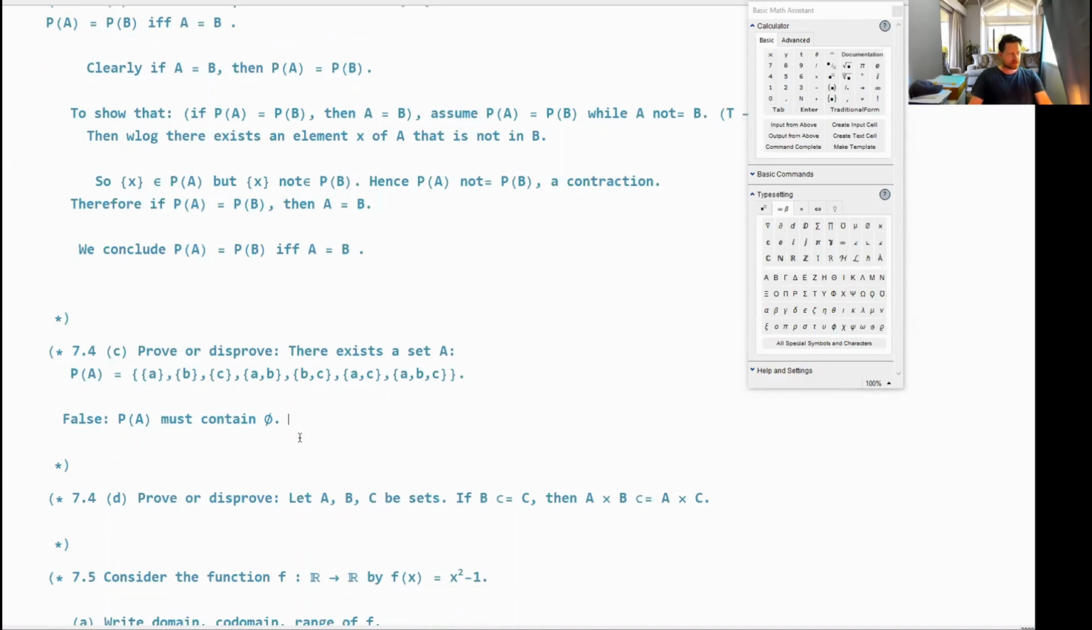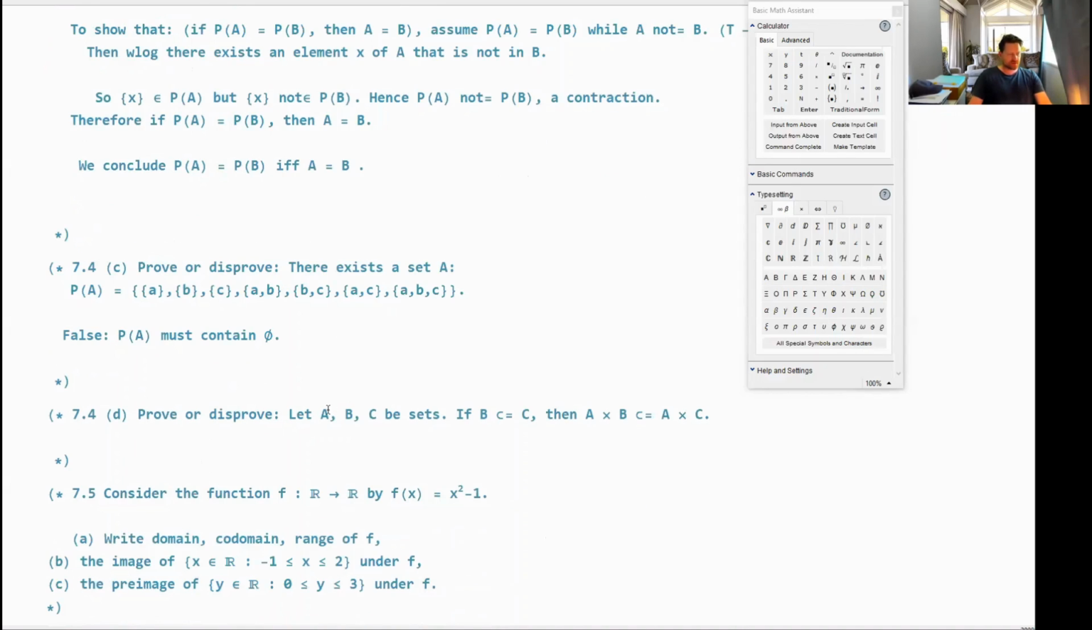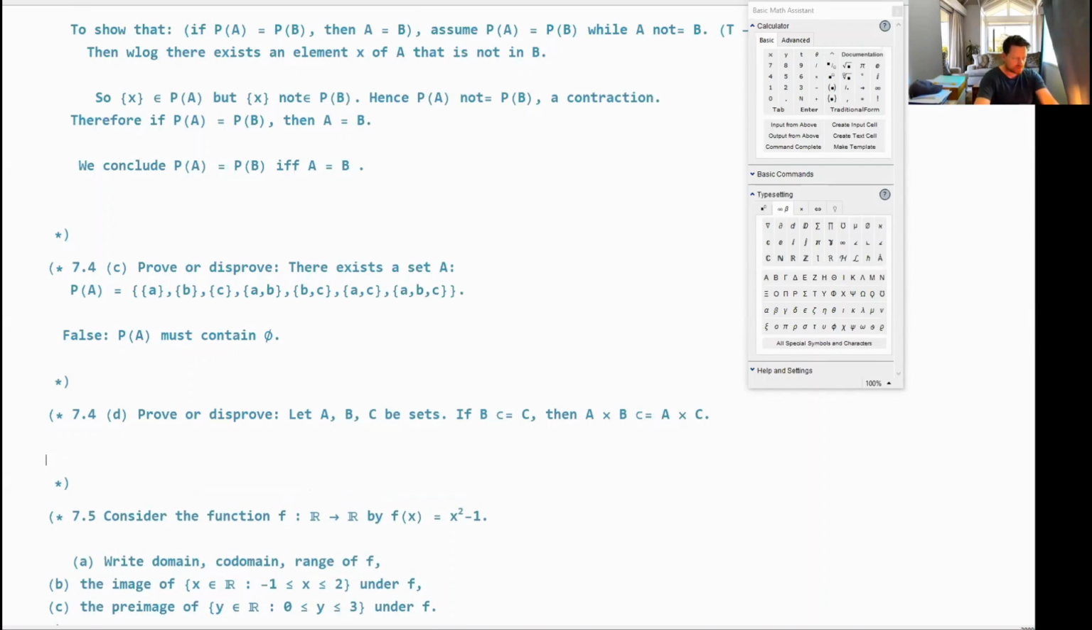All right, 7.4d, prove or disprove. Let A, B, and C be sets. If B is a subset or equal to C, then the Cartesian product of A with B is a subset or equal to the Cartesian product of A with C. So we have 2 cases here. So let's first assume